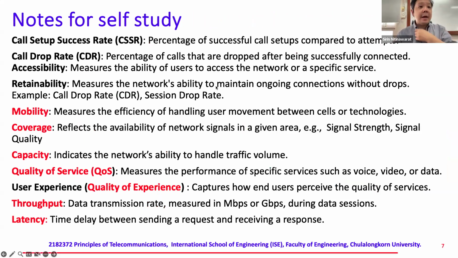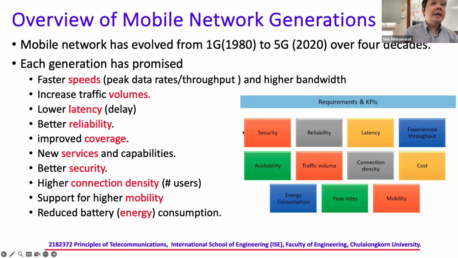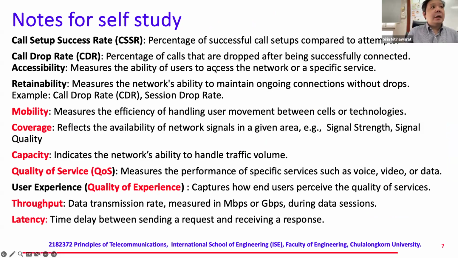To understand these different metrics, it is important to understand these different criteria, right? There are important quantifiable metrics that you can study, something like call setup success rate, call drop rate, retainability, mobility, maybe a bit vague here. I would say the first three are more quantifiable, and then coverage, which reflects the availability of network signals